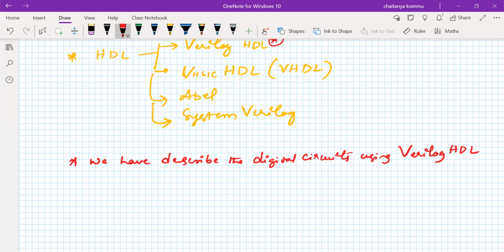Is it clear? So therefore, in our entire lab syllabus, throughout the semester, whatever contents we will learn in this lab, 75% of the weightage is for describing the digital circuit using the Verilog HDL only. That is very, very important. We have to keep it in our mind. So please follow my instructions. You will understand how to write a Verilog program for any digital circuit. Whether it's combinational, sequential, or a finite state machine, whatever it may be, you just have to follow my instructions.